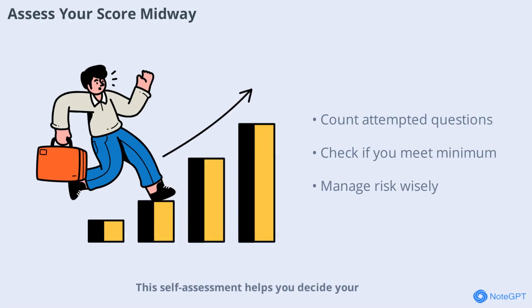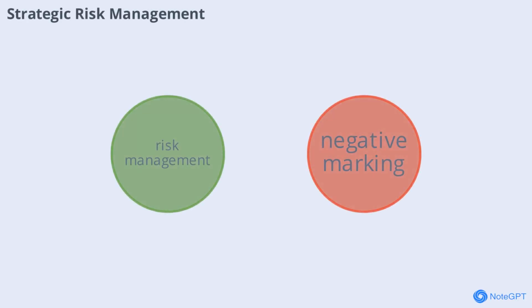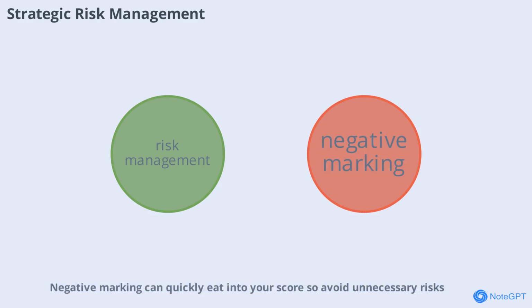This self-assessment helps you decide your next steps and manage risk effectively. If your confidence score is above 50, it's best not to attempt questions you're unsure about. Negative marking can quickly eat into your score, so avoid unnecessary risks. However, if you find your score is below the passing mark, you may need to take calculated risks. We'll discuss this in detail in the next scenes, but always remember, accuracy is more important than quantity in these